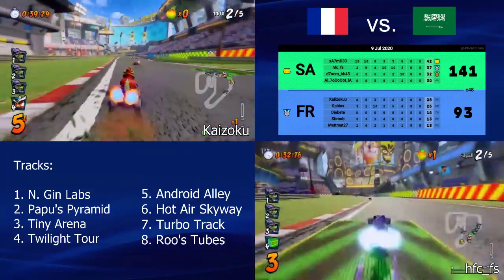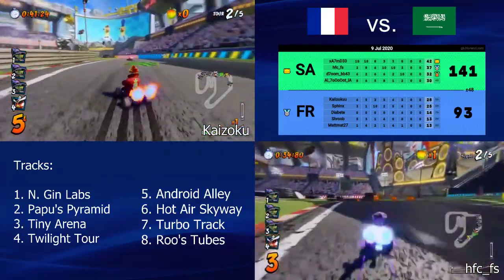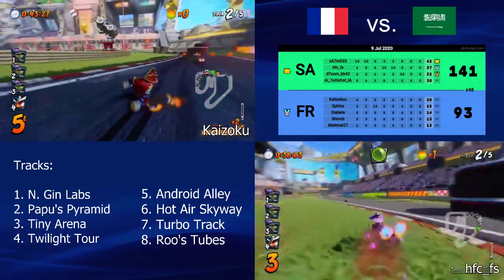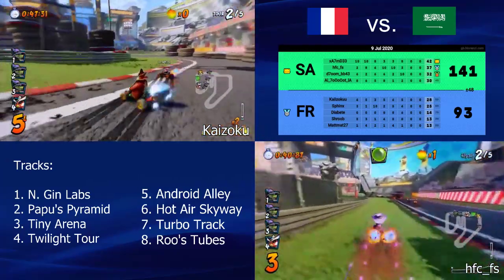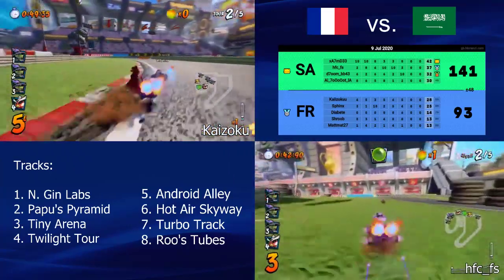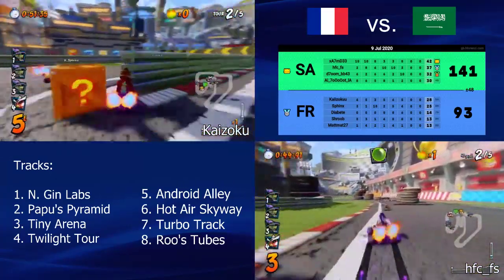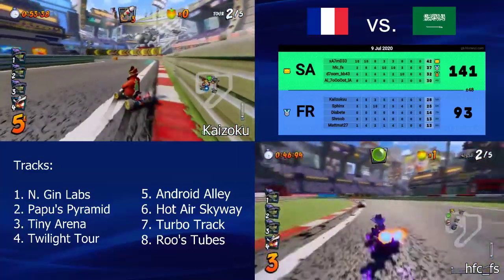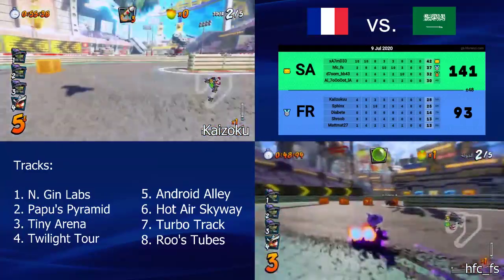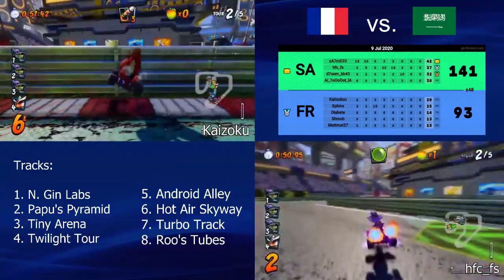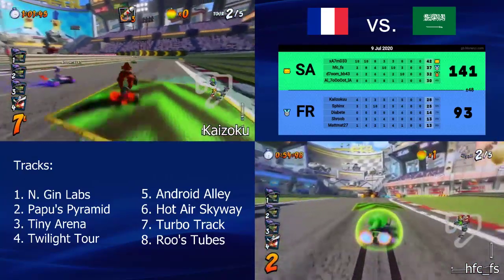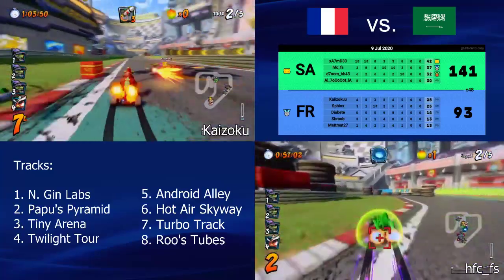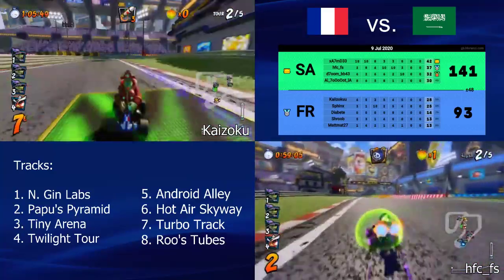Oh, we see HFC with some nice plays, avoiding the 2 bombs and squishing Madman. Okay, nice one. Getting a shield. He has to go wide because the placements of the Wumpa boxes are quite horrible. Not mistaken in Turbo Track. The Wumpa boxes on this track have horrible placements. You really need to go wide, and going for them loses so much time.